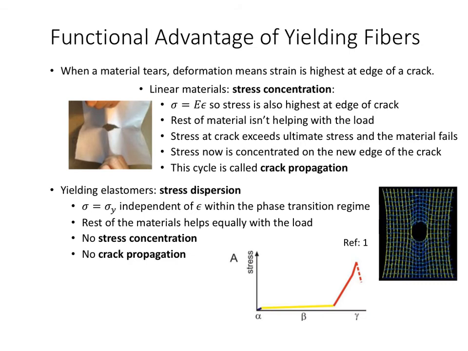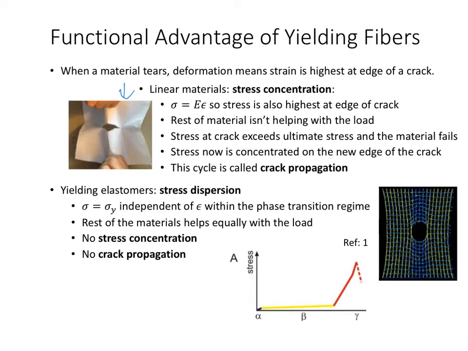So the functional advantage of this is that this elongation protects the material from the high stress that will cause it to fail. So to consider this, think about a paper. If you've ever tried this, if you tear a little piece of paper like we show in this picture, and